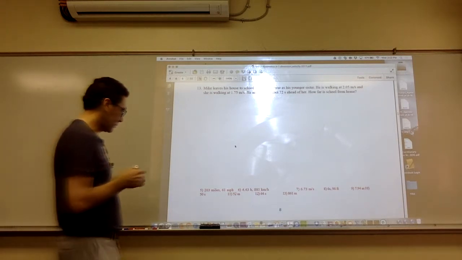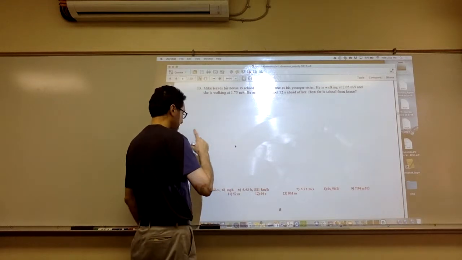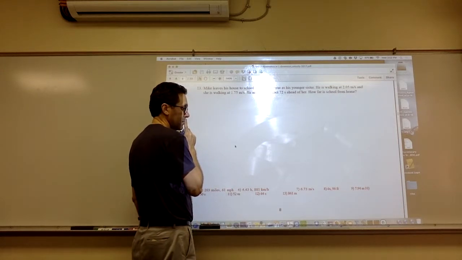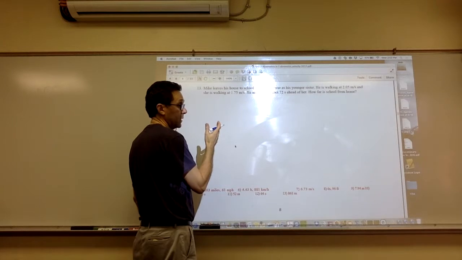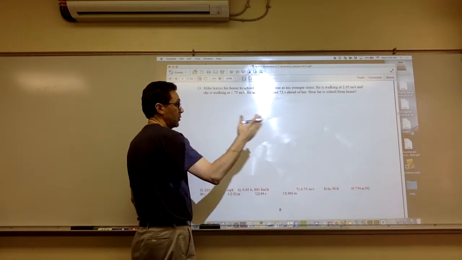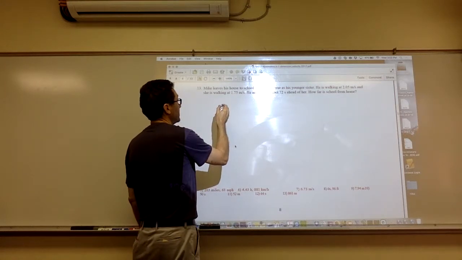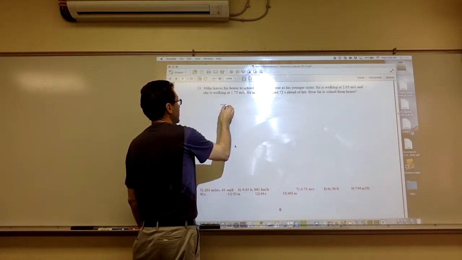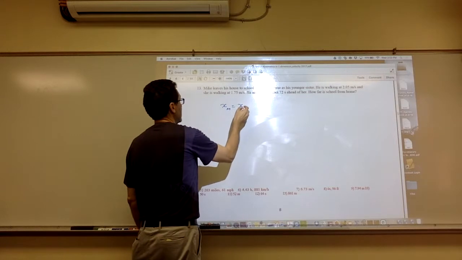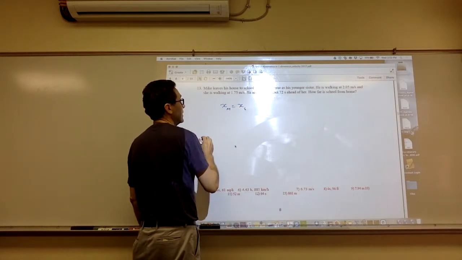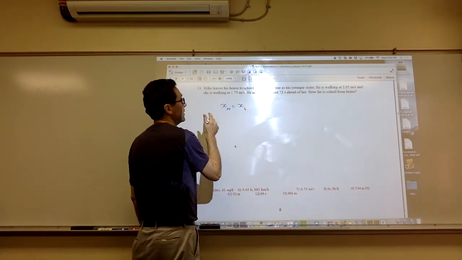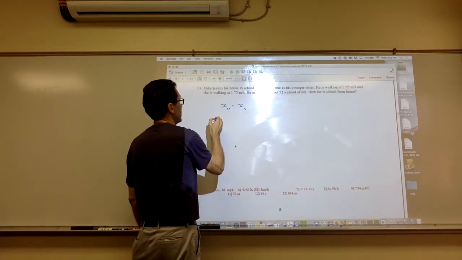So I think to do this, we have to realize that the positions are going to be the same at the end. So they both started from home, which I can look at as 0, and they both are going to get to the same position, which is the school. So we're going to say x of Mike is equal to x of the sister. Now, the position for Mike is going to be 2.05